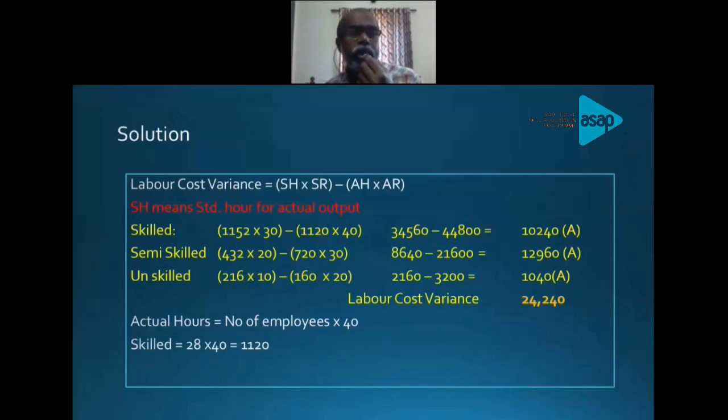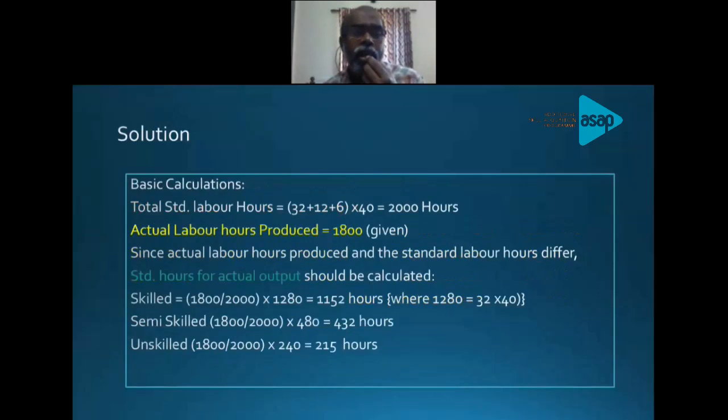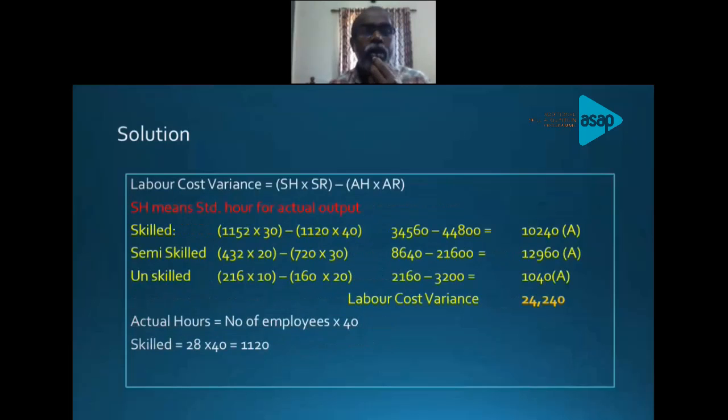Standard hour is 1,152. We have calculated it in our earlier slide, 1,152 hours. And the standard rate is fixed as 30. You know it. In our question, the standard rate is 30 per skilled worker. Okay, clear it. Minus